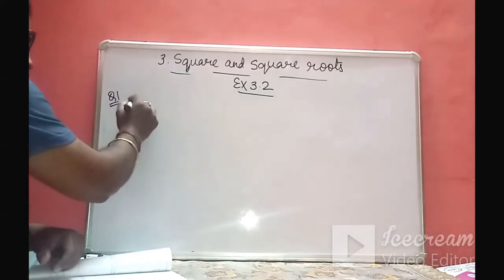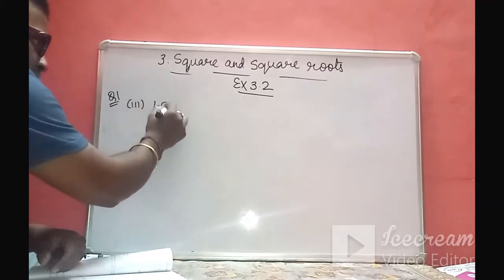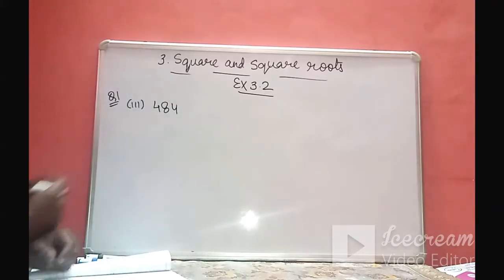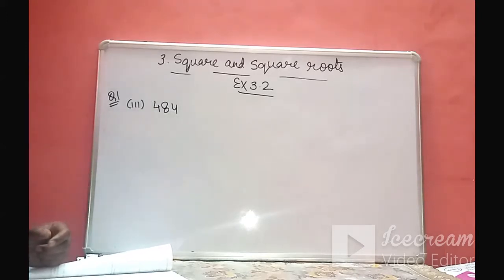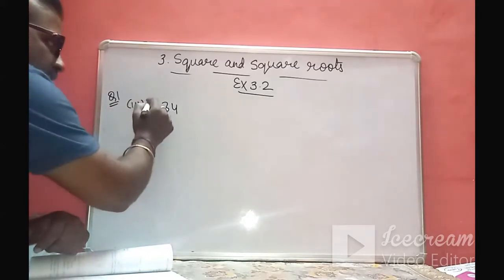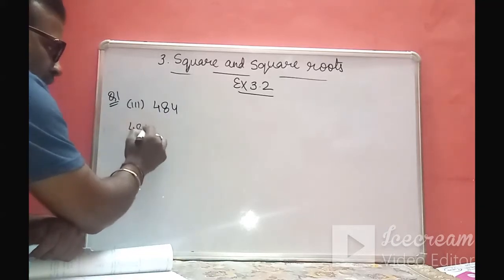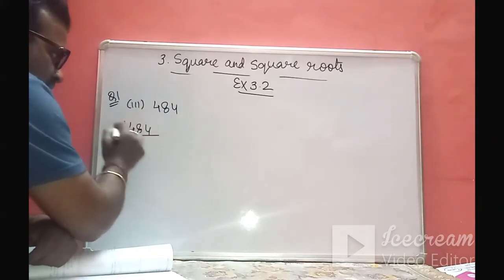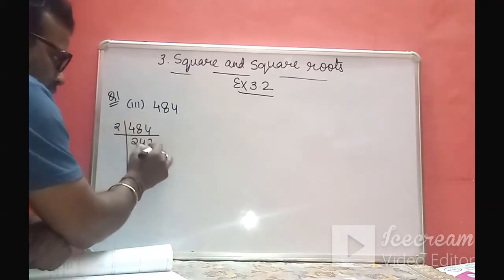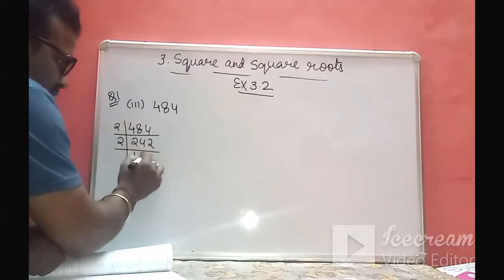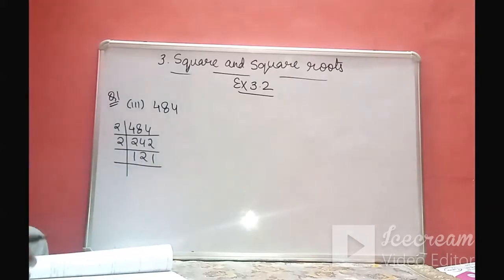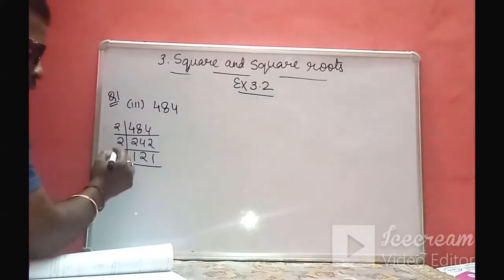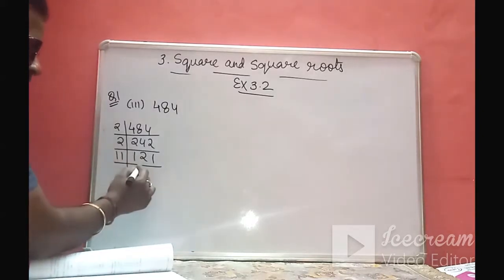So suppose I take the number 484. Okay, since 4 is at the unit place, it may or may not be a perfect square. So let's do the prime factorization of 484 here. 484 divided by 2 is 242. Then this is divisible by 2, giving 121. Then I recommend you to just learn the squares from 1 to 20, so that it will be useful for finding values of certain numbers which always repeat, like 121. So 121 is actually the square of 11.